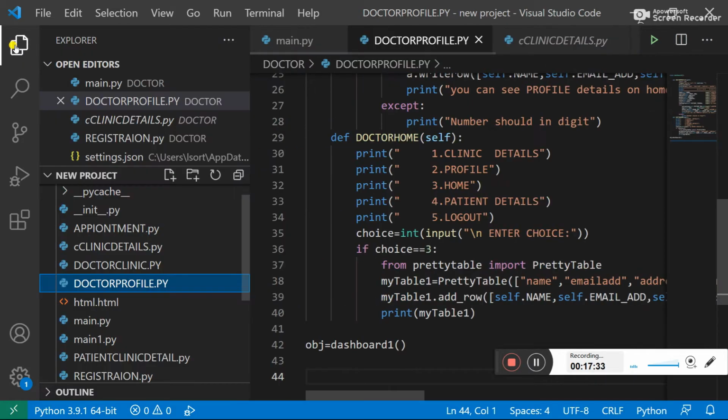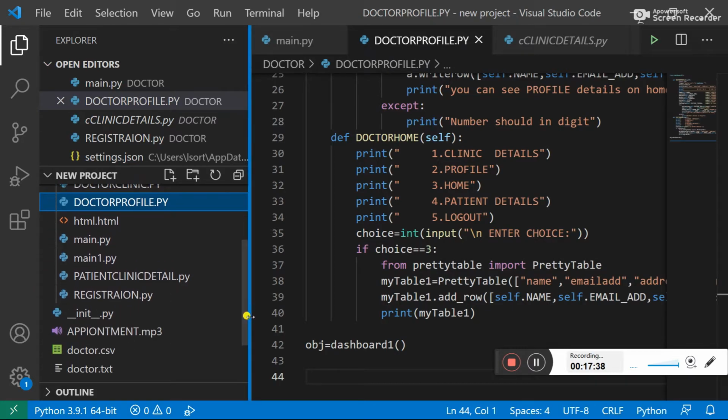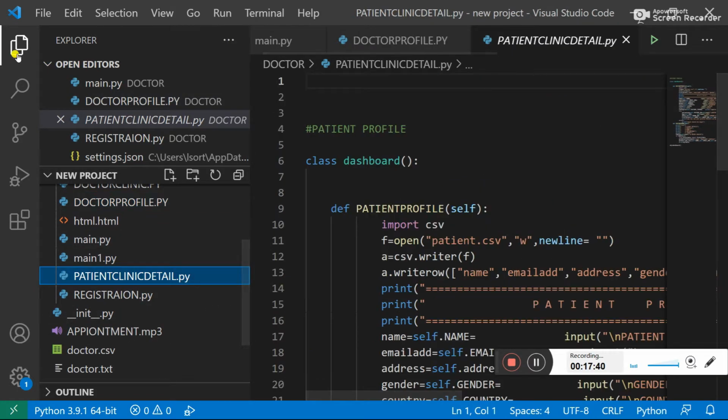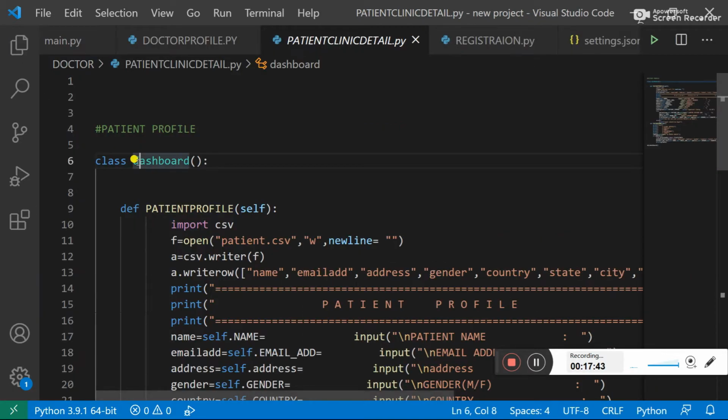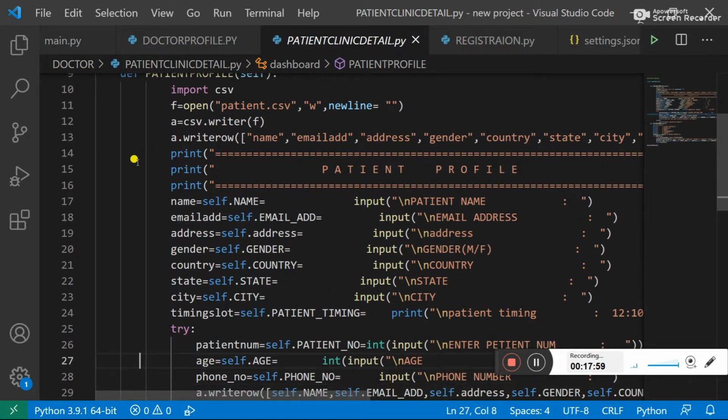After that, I want to show you the patient details also. Here I am using the class Dashboard in the patient profile, and in the doctor profile I am using the class Dashboard1. I am also importing the CSV file, because whatever data we are entering in the patient profile, we want to see that data.